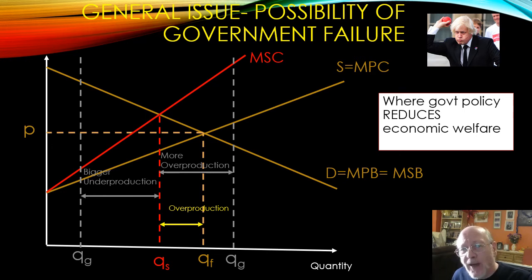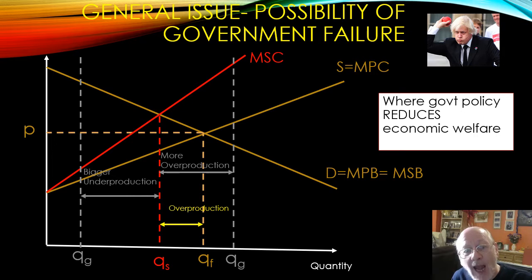Government failure is where the government intervenes to deal with a market failure, but actually finishes up making the problem worse. Looking at that diagram, if you look at the upper QG, that's where the government has introduced a policy that's trying to reduce production, but it's actually managed to increase production. This is often due to unintended consequences.